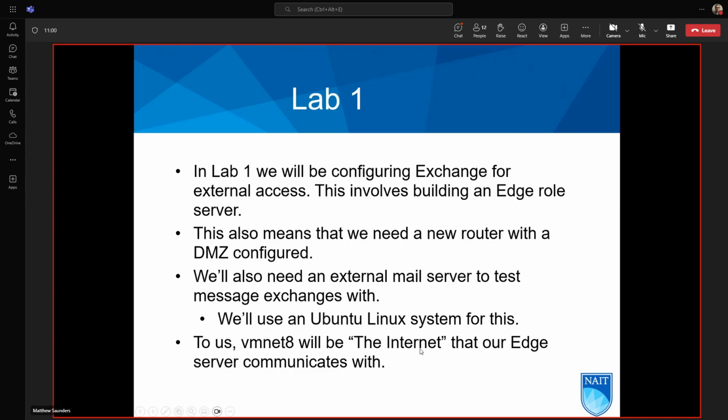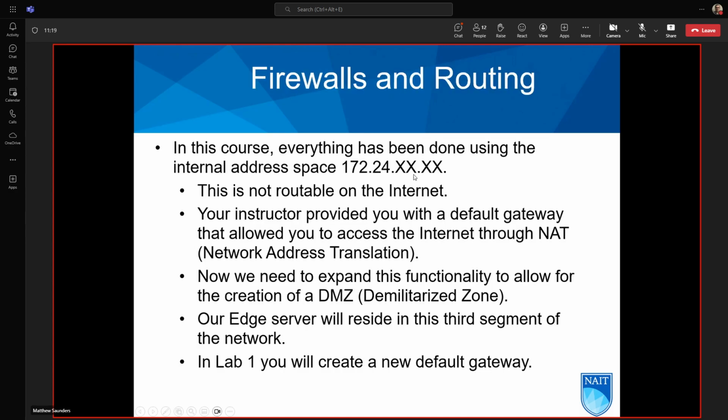So for us, VMnet 8 is going to be our internet. And we will test external internet access as well. But we're not hosting anything out on the internet. So there are a few wrinkles that go further than what we've done. We've had to do a few gymnastics to fake out the internet. Okay. Now, everything's been done using